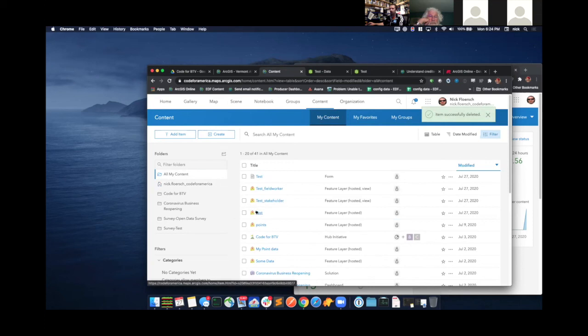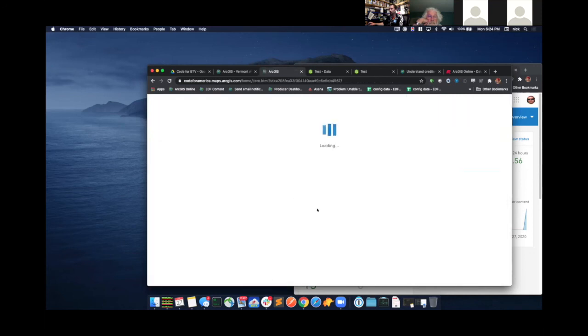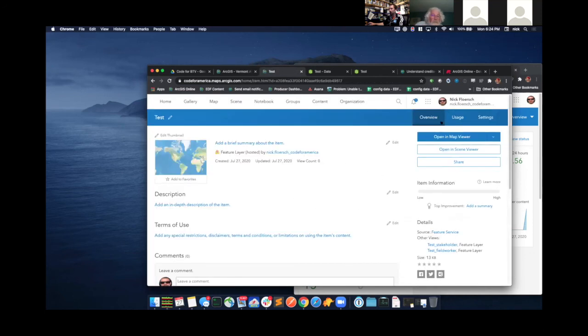Test is what I named the survey. It creates a thing called test stakeholder, test field worker, and you can see that this is a hosted feature layer. It also creates two views on that feature layer, and then it stores the actual definition of the survey in this form here. If we go and look at this feature layer that was created, Eric,